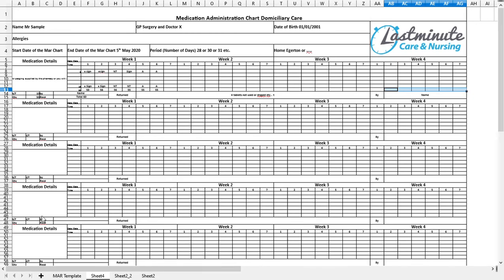Hello, this is a brief presentation by David Chadwick from Last Minute Nursing introducing the medication administration chart for domiciliary care. Medication administration charts are a compulsory part of recording medication under regulations. So this is really quite important that we get this right, and I'm going to just take you through the